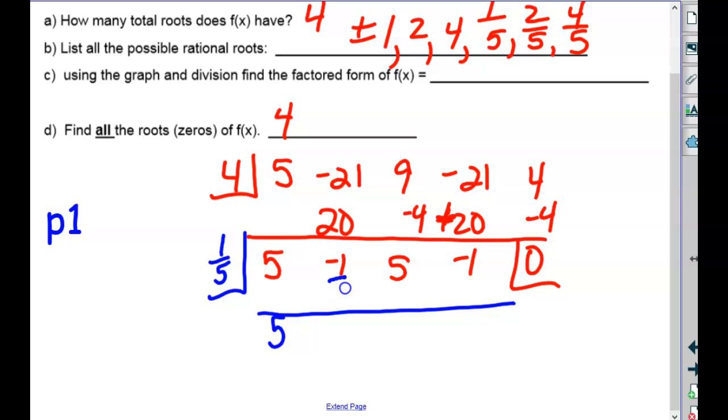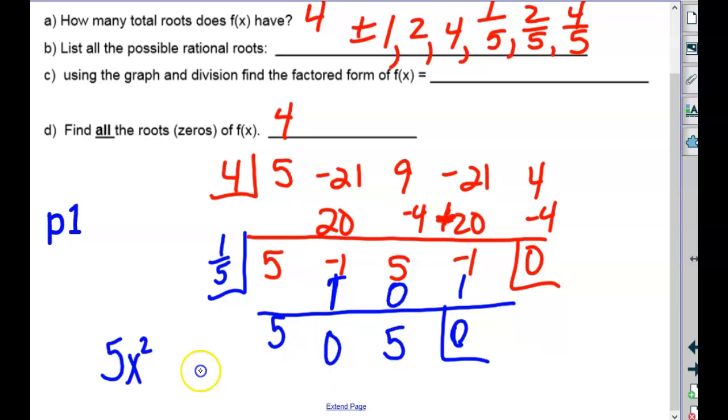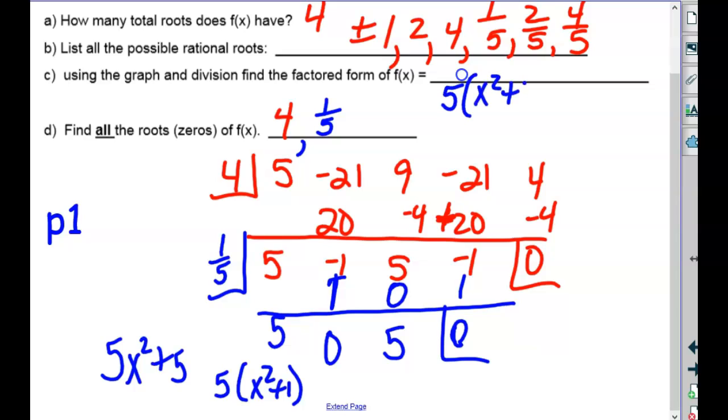Bring down, multiply would be 1, multiply, add, multiply, add. So I have left 5x squared plus 0x plus 5, which if I take out a 5 would have x squared plus 1, which would have no real solutions. So that's why the only real ones are at 4 and 1/5, and the factored form would be